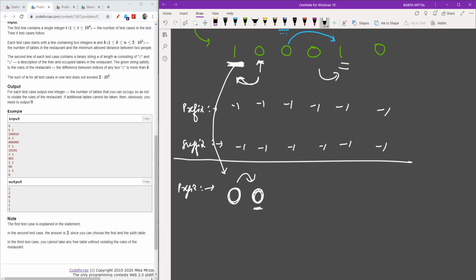And if, let's suppose, I had 0 here instead of 1, it would be -1. So -1 indicates that no 1 was before this particular index. Okay, so let's move on.